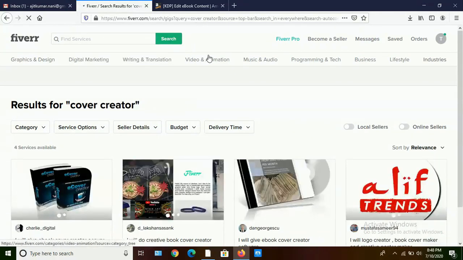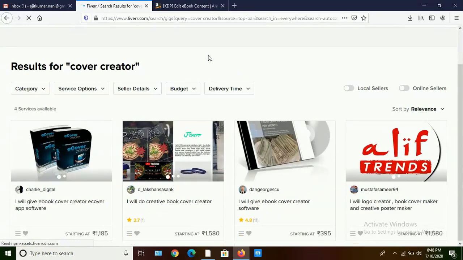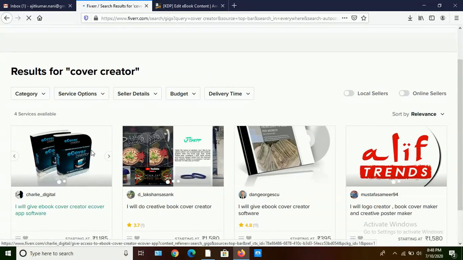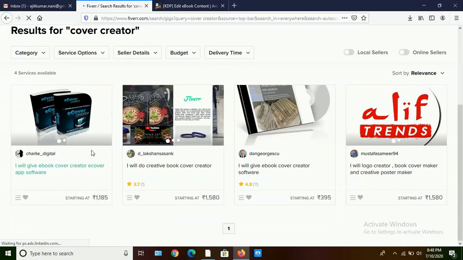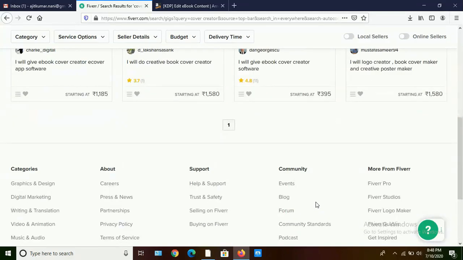See here, these are cover creators for books. For creating one cover for a book, he will take minimum 1,185 rupees and 1,580 rupees and 1,580 rupees, and this one is very less, 395 rupees, because I think he is new, and very few will create book covers.